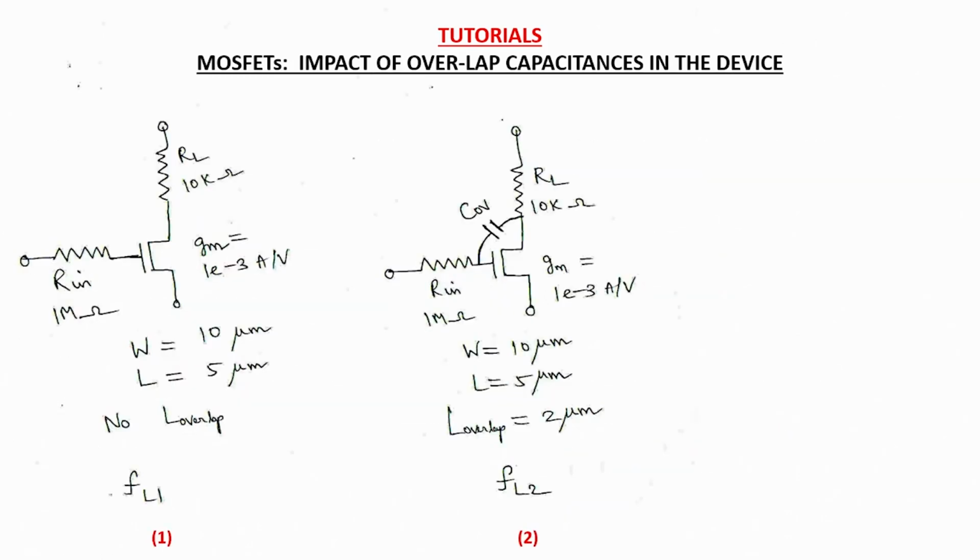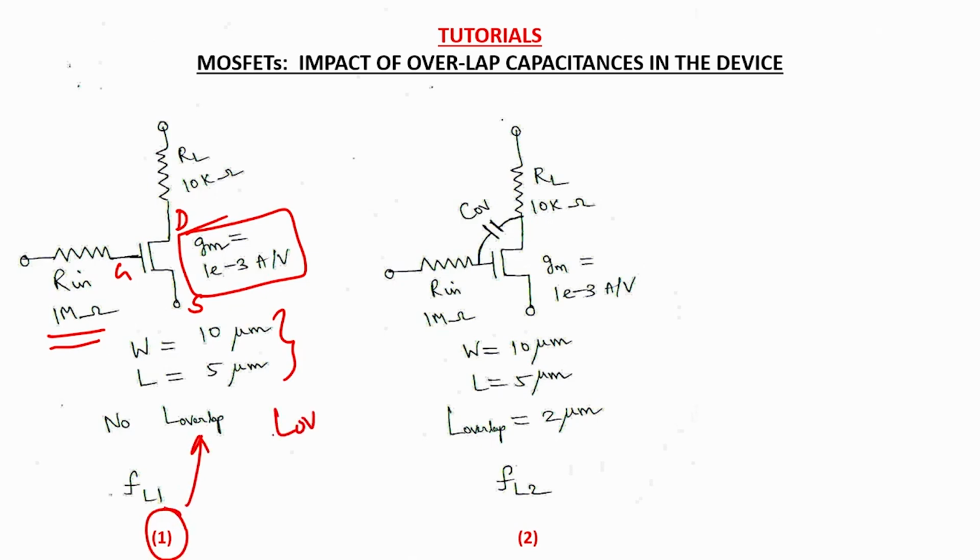So this is nothing but a common source topology with a resistive load, this being the source terminal, drain terminal and the gate terminal. You are given that the input resistance here is 1 mega ohms and there is a resistive load of 10 kilo ohms. You have just shown a part of the circuit. It is shown that the transconductance turns out to be 10 power minus 3 amperes per volt, and you are given the aspect ratio, and for this amplifier 1 you do not have any L overlap, LOV,